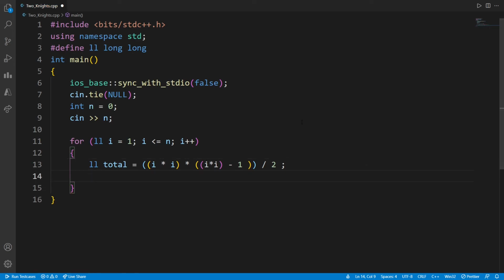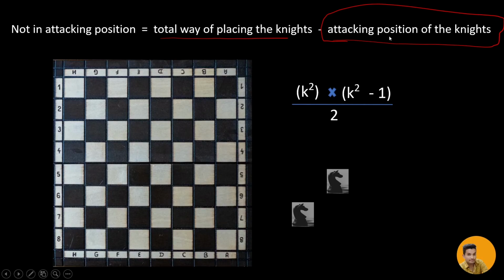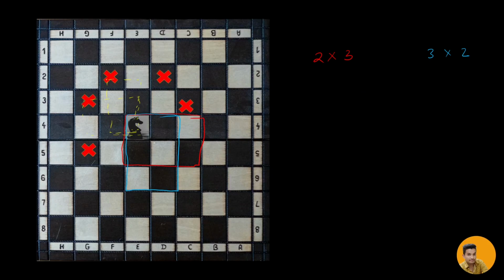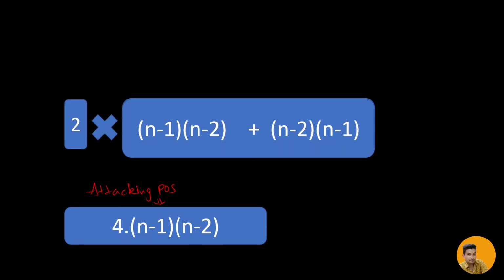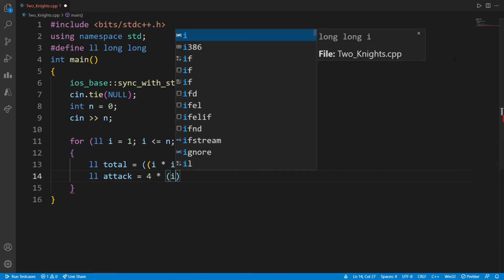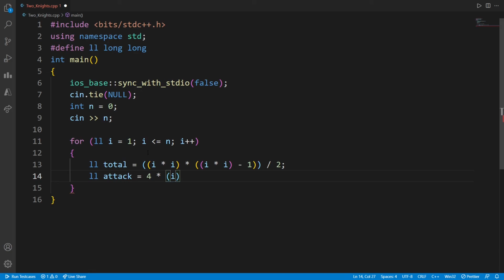Okay, now we'll do the attacking position of the knights. Attack is this formula, 4 into n minus 1 and n minus 2. So 4 into n, here I. Remember, we are doing for each from 1 to n, so we'll do I minus 2.